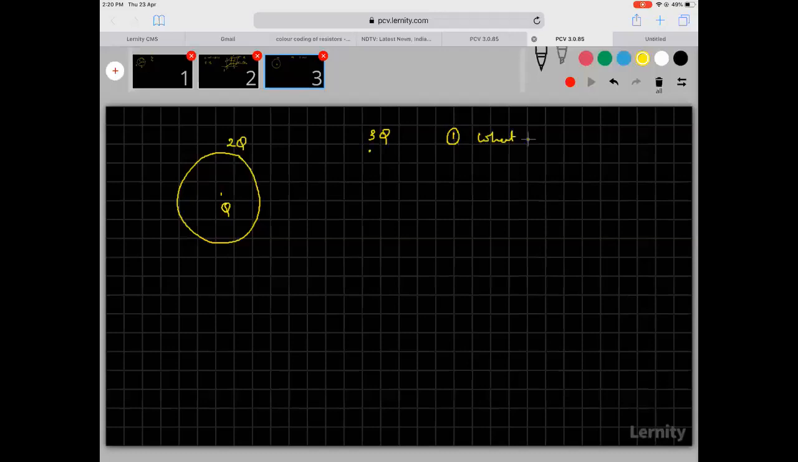What is the electric field at, let's call this A, at A, what is the electric field? So the way we go ahead with it is this. First, draw a Gaussian surface. So if you draw a Gaussian surface here,